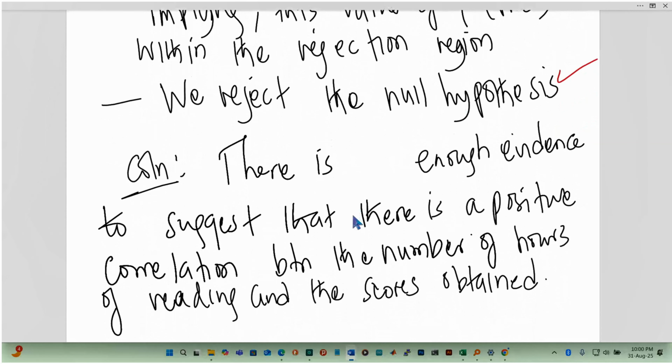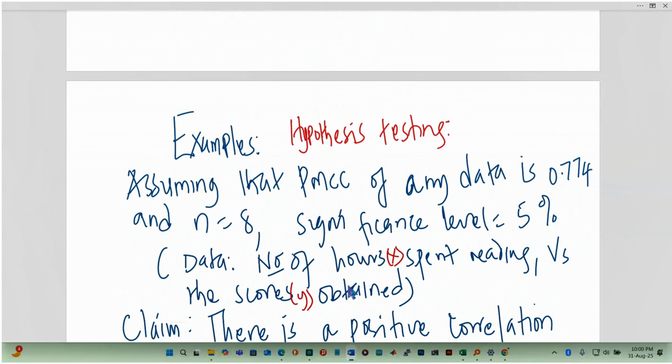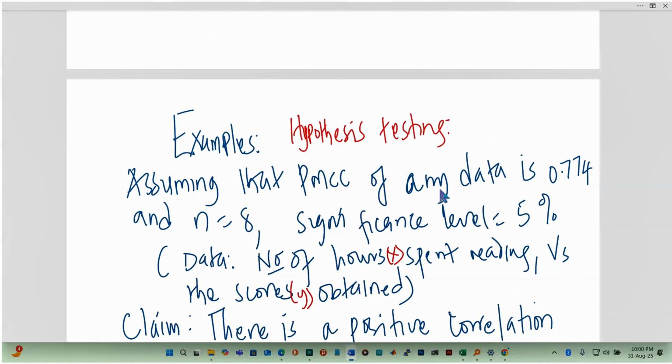So what is the conclusion? There is sufficient evidence to suggest that there is a positive correlation between the number of hours of reading and the scores obtained. Very good. So in summary, once you're given data, you might need to calculate the PMCC,